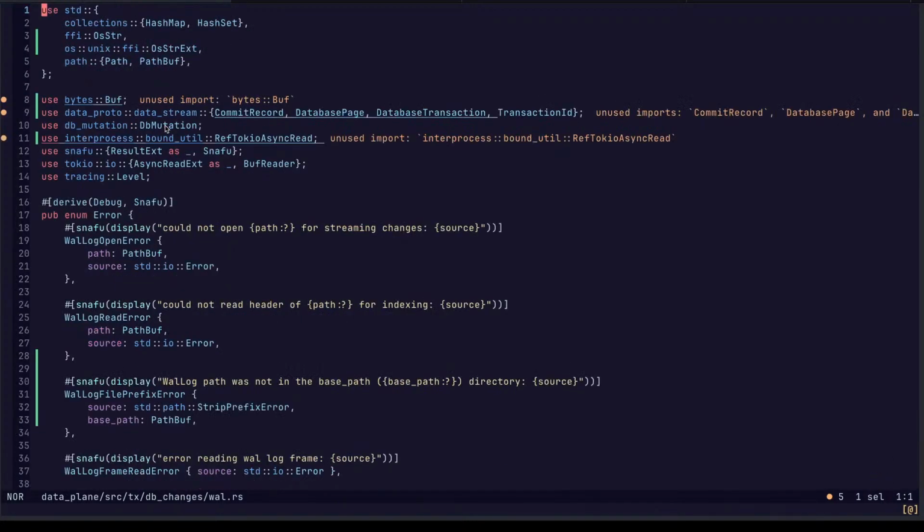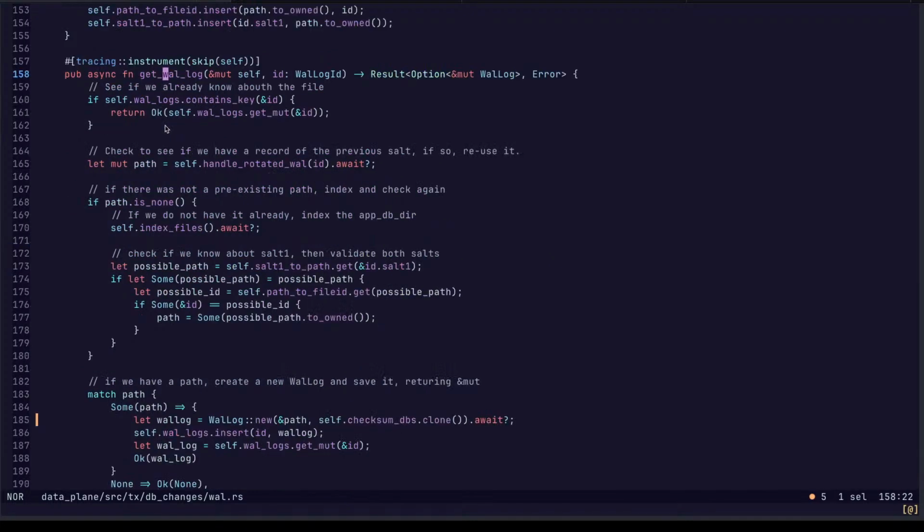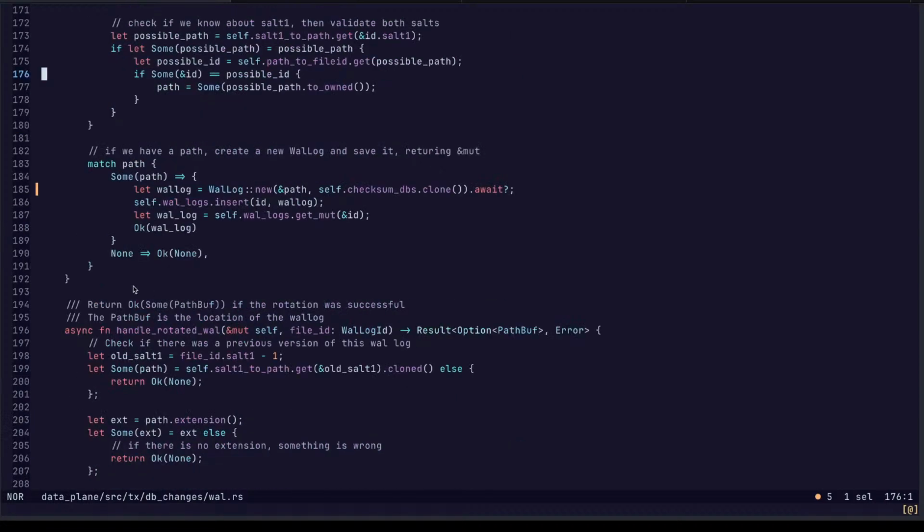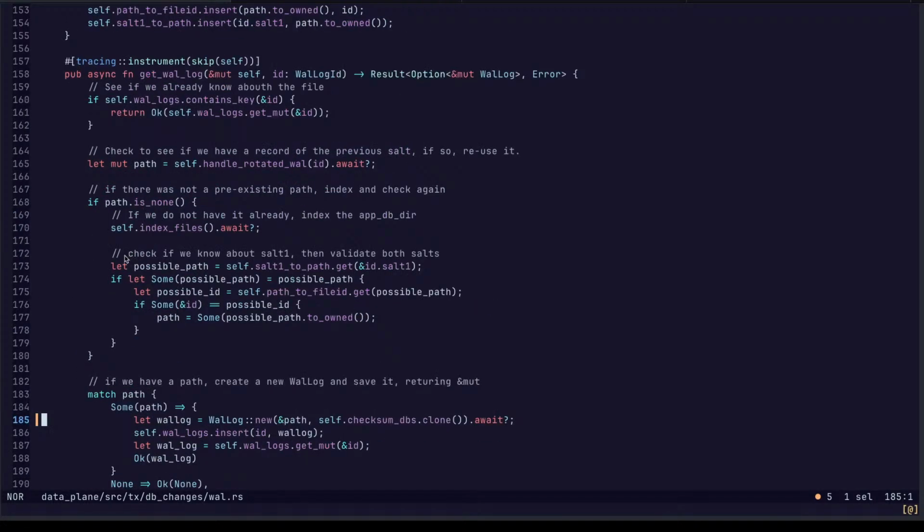Okay. If it contains the key, return a mutable reference to it. Fine.